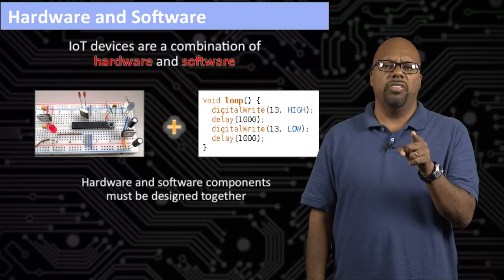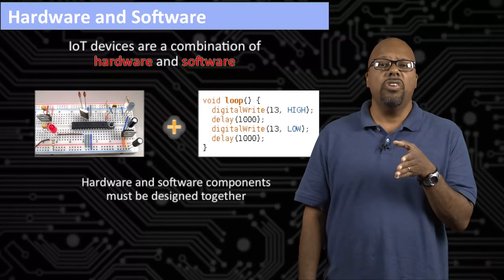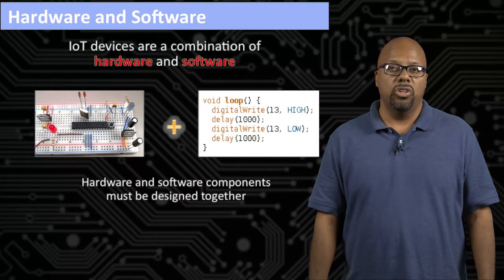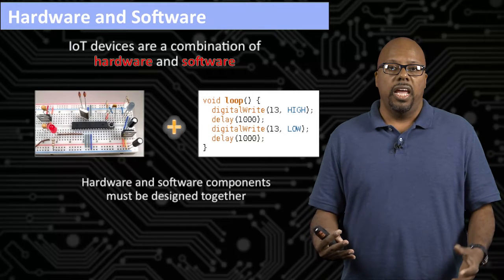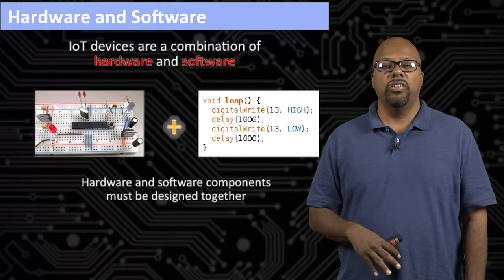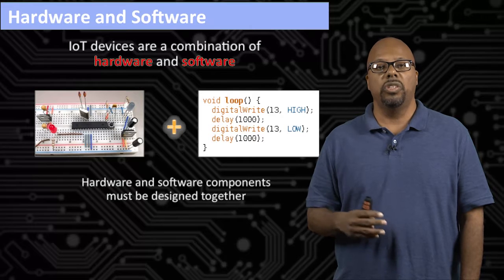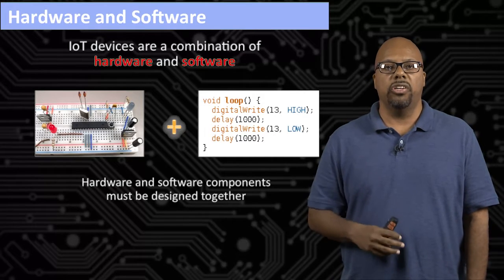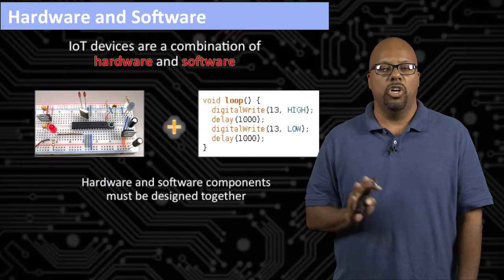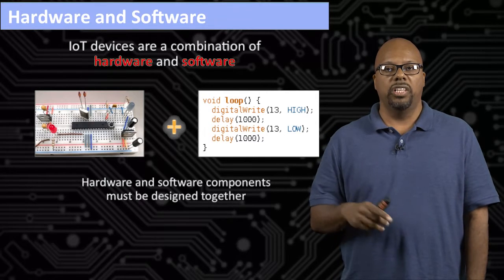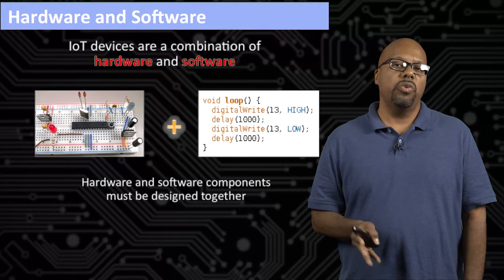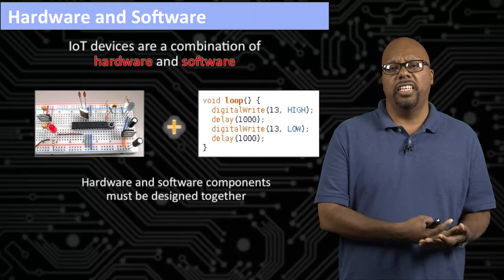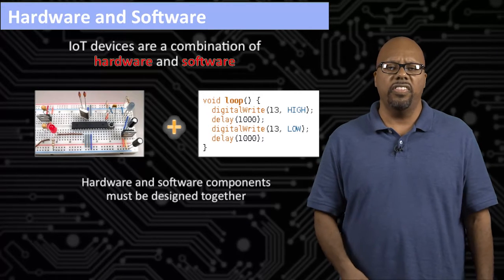If you look at the hardware side over there, at the center of it is this microcontroller, that big black chip dead in the center. That is the microcontroller, which is the heart of the system. And that microcontroller executes code. So there's got to be some code, some software, which we can see on the other side of the picture, some software that's going to run on that microcontroller. Now that software is some sample code, and that's actually Arduino code, and we'll get to that later. But there's got to be some software running on that microcontroller that talks to all the different components, talks to the LEDs, tells them when to turn off and on, and things like this.